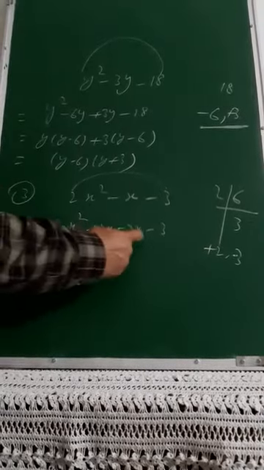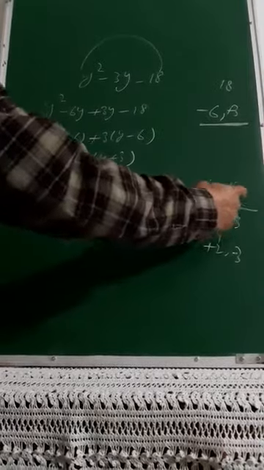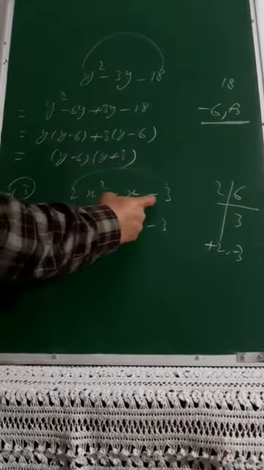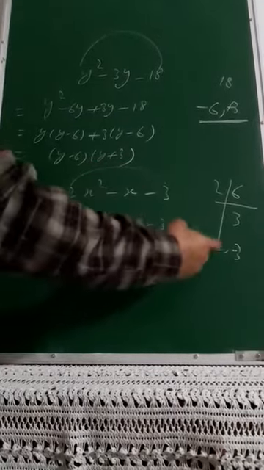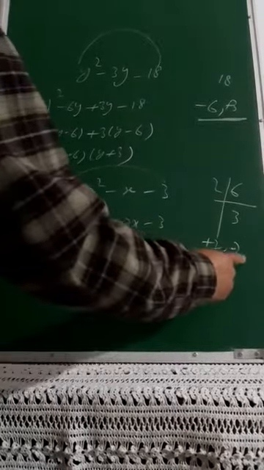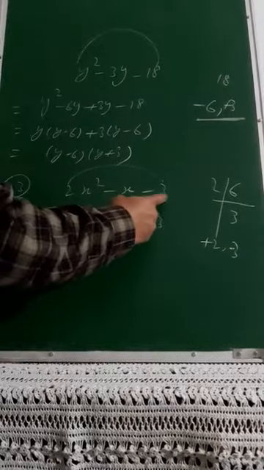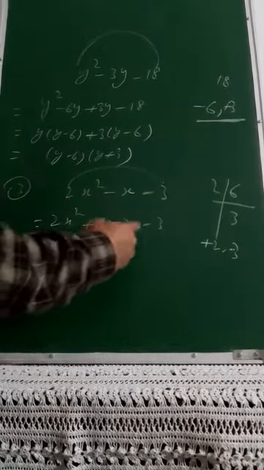So plus 2x minus 3x is minus 1x, and 2 into minus 3 will be equal to what? 6. And you need plus into minus is minus 6. So 2 into minus 3 definitely is equal to minus 6. So these two numbers should satisfy that equation. Product is equal to minus 6 and sum is equal to minus 1, and that is there.